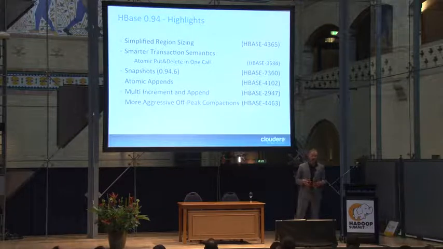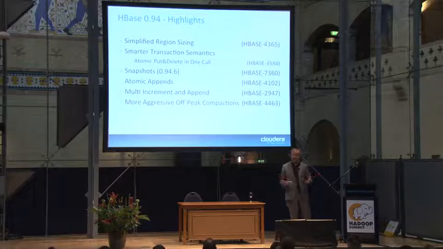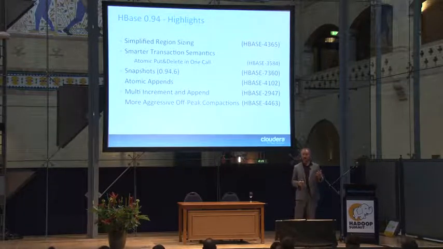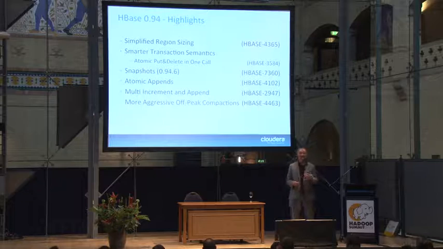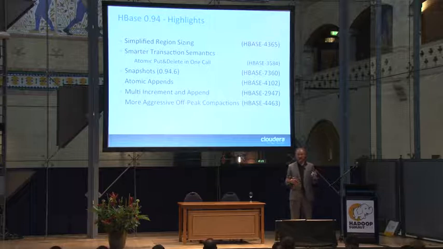We simplified region management, or region sizing. You can just start with one single region, and it proactively splits the regions faster in the beginning and slows down as you grow. This was in the past the problem. If you configured, say, 5 gigs of region size, you had to wait for 5 gigs of data to land in a single server before you would split this into 2, and then had 2 servers to respond. If you had 10 servers and only one server would respond, that's not a cluster. That's a single server doing the work for you. This one would proactively split quicker and then slow down.